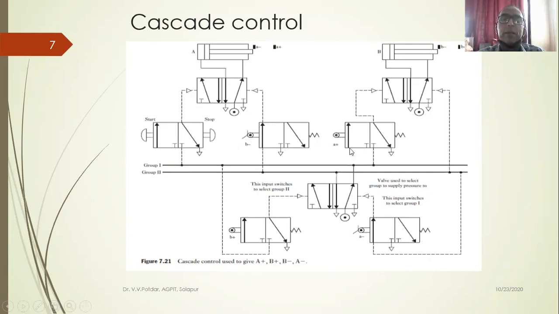These are roller operated, meaning limit switches. 4 limit switches are there: A minus, A plus, B minus, B plus.